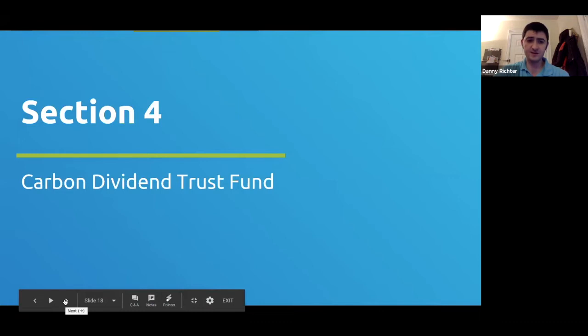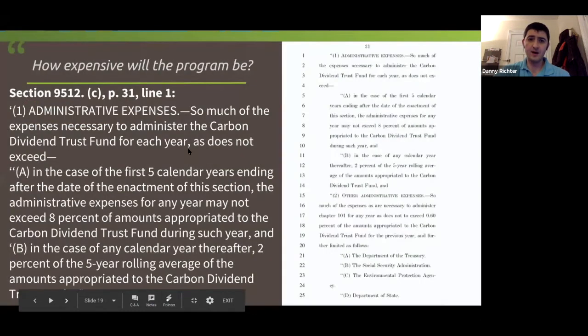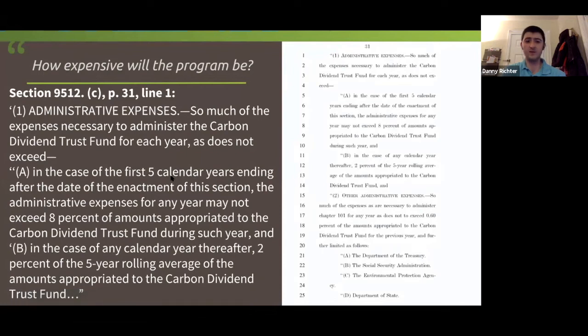So this is the dividend part, and this first one is where we talk about the capping of the administrative expenses. So many of you, as you've lobbied, know that administrative expenses have been a big concern, and so this is the language that caps the administrative expenses. So much of the expenses necessary to administer the carbon dividend trust fund each year as does not exceed